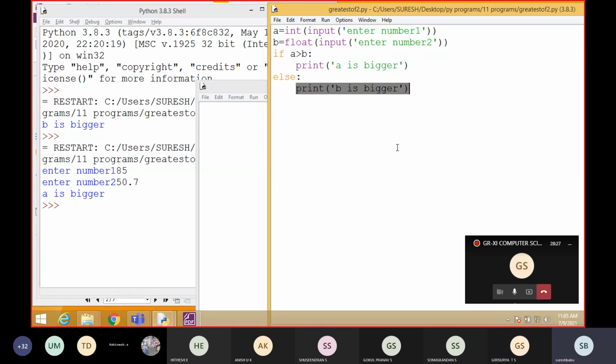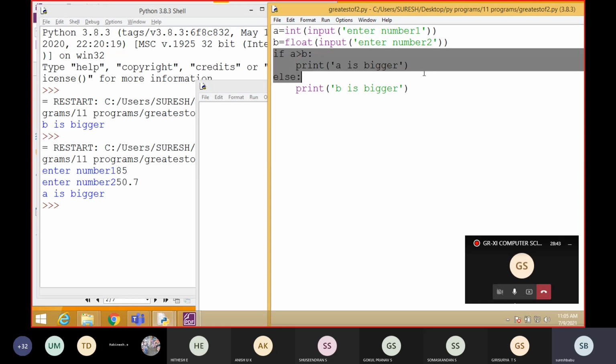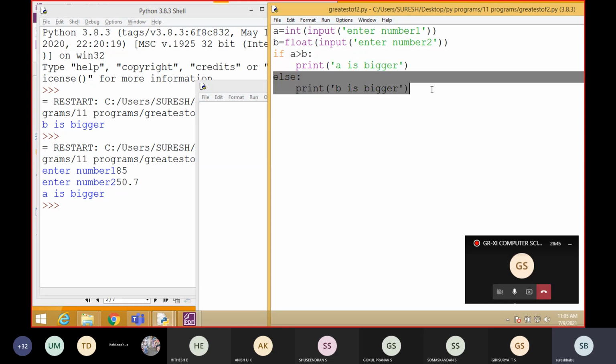But here we are going to give the coding for both the true part and false part. We have to specify both the coding. Anyway, we know it will show only one of them. It will show either the if part or the else part, but we have to give the coding for two things. But in an if based program, we should give only the coding for the if part. Okay, no else part is there.